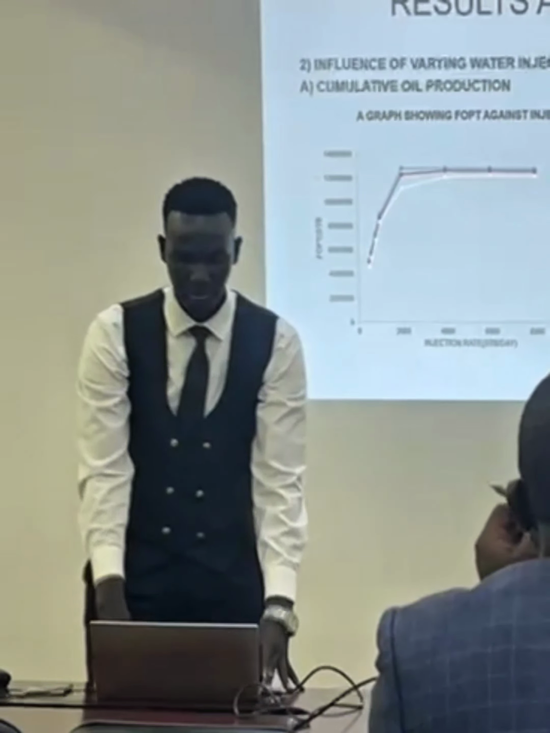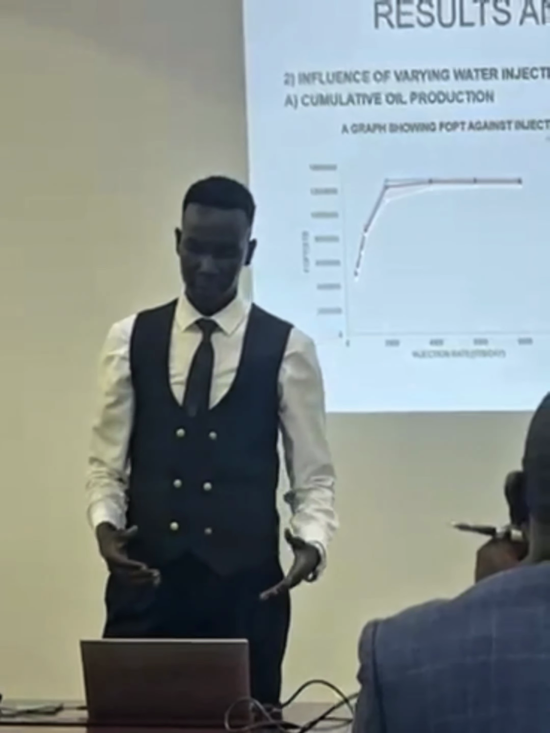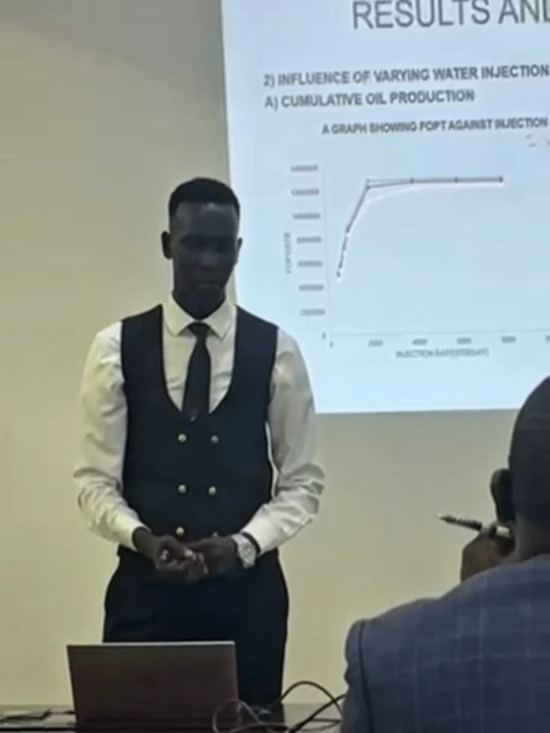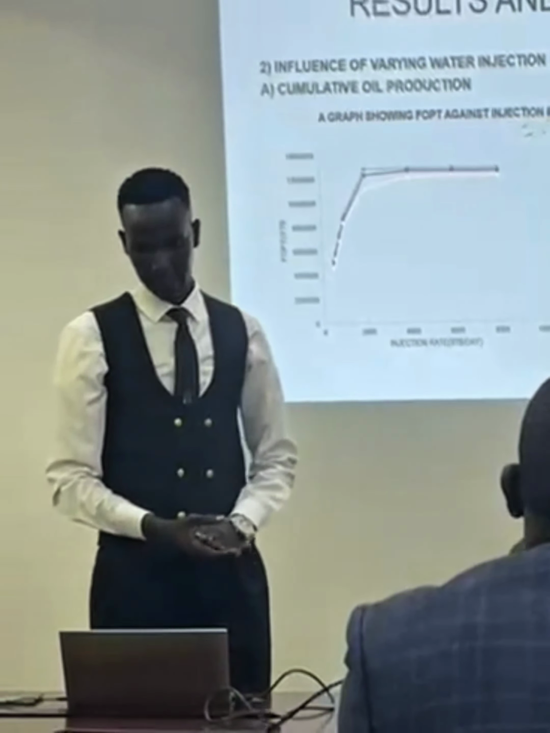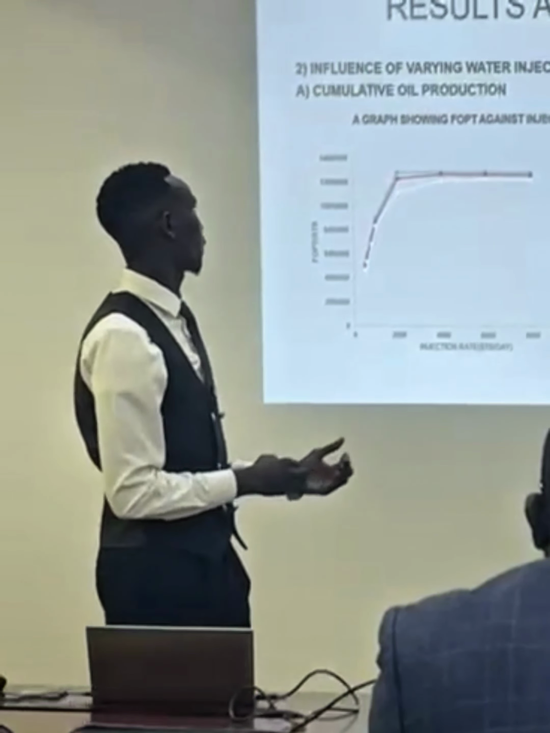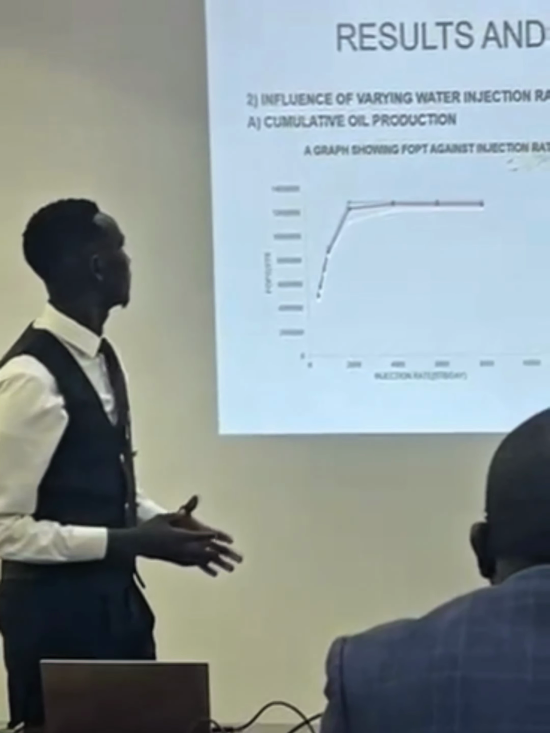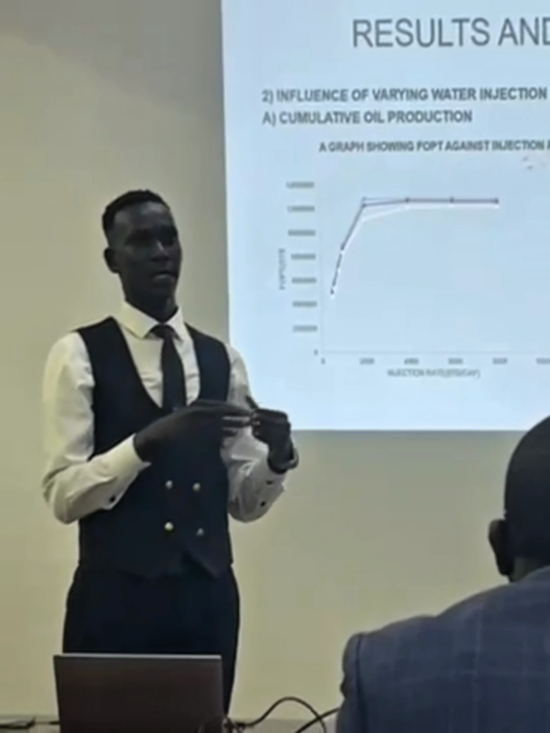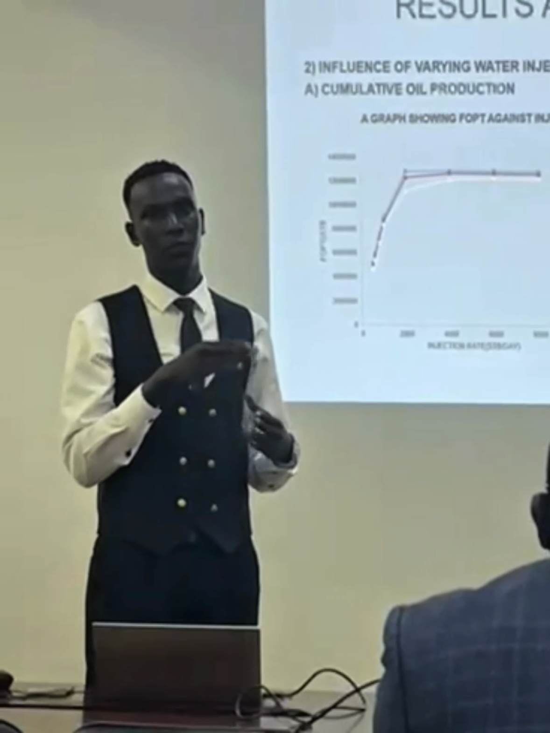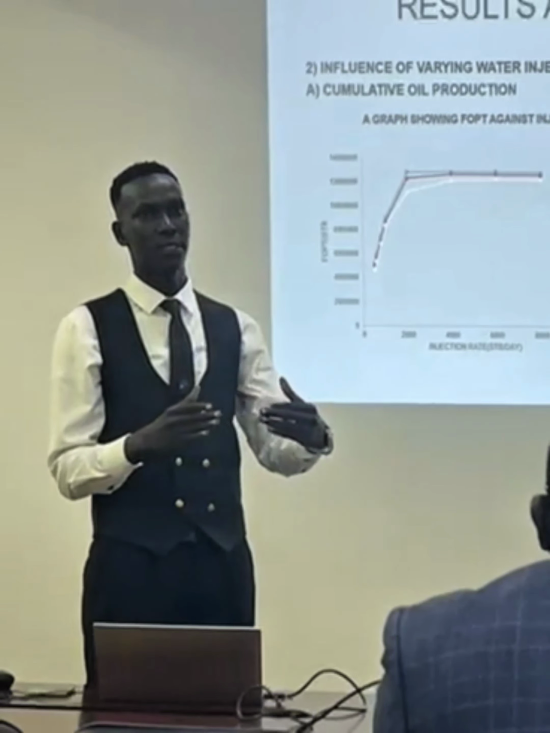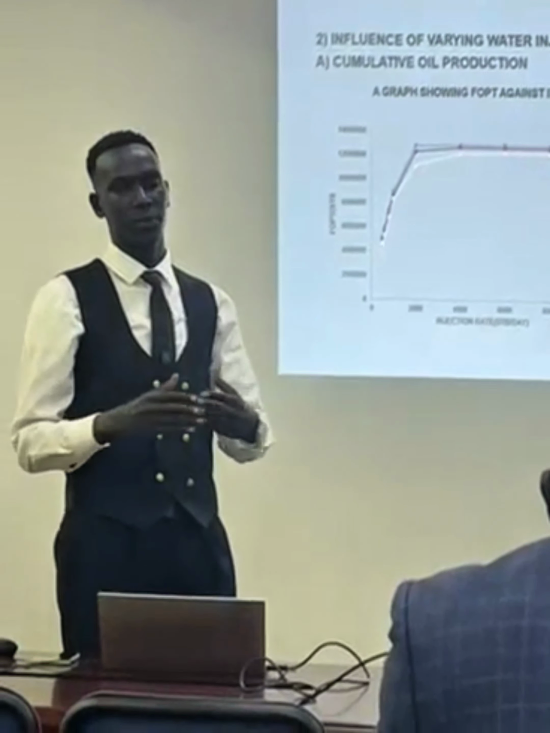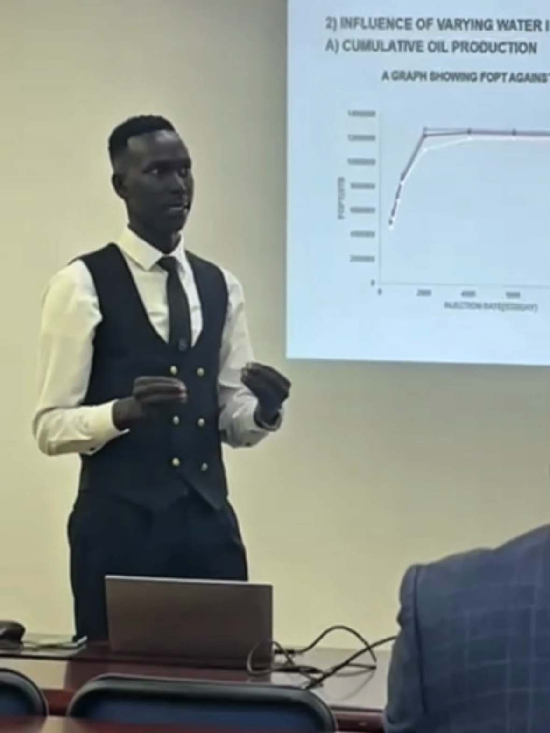And then secondly, the influence of varying water injection rate on the cumulative oil production. For case A, the production peaked at around 2,000 STB per day, and this was because, since mobility ratio is low, the waterfront was stable, so low injection rates could easily displace oil towards the production well, leading to an early total